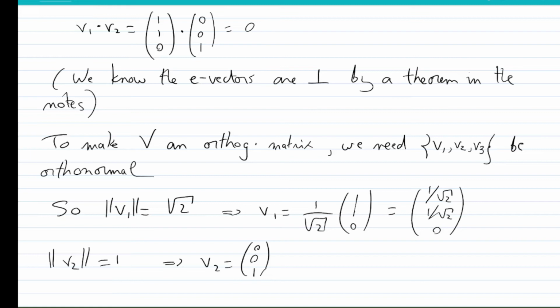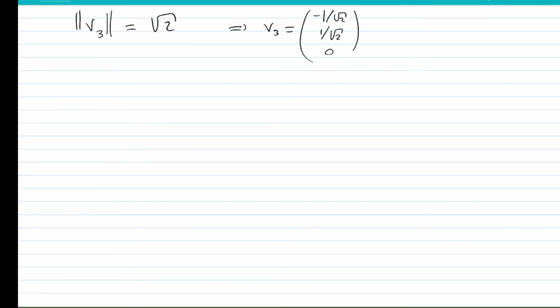And finally, V3 has a norm square root of (-1)² + 1² + 0. So it's also got a norm equal to square root 2. So that means that in the matrix V, we'll be using V3 equal to minus 1 over square root 2, 1 over square root 2, 0. Is that correct? Yes. Okay,